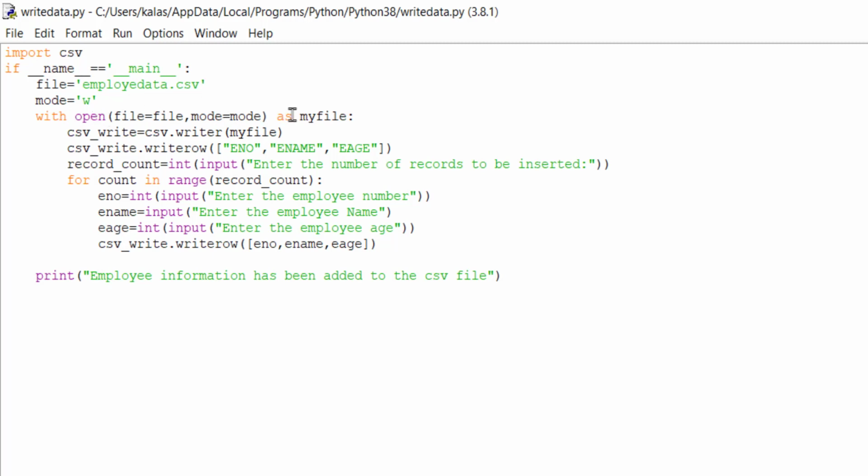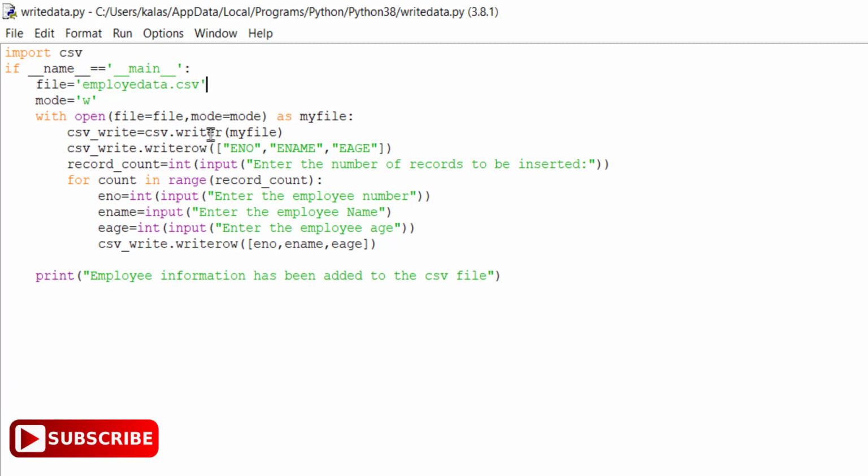After that, as my file, this is a file handler. In the next line, I use the module name csv dot writer. CSV is a module name, and inside the CSV module I have one method called writer.